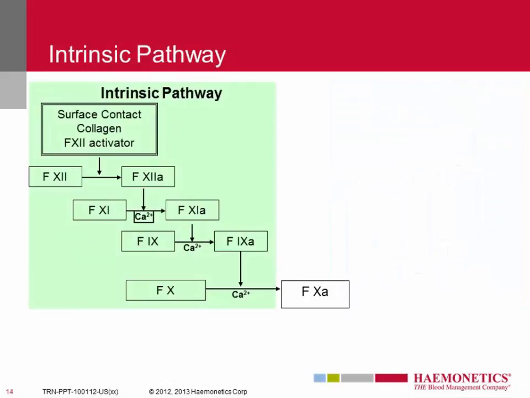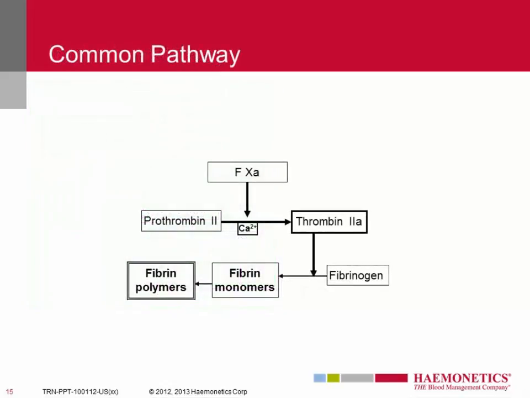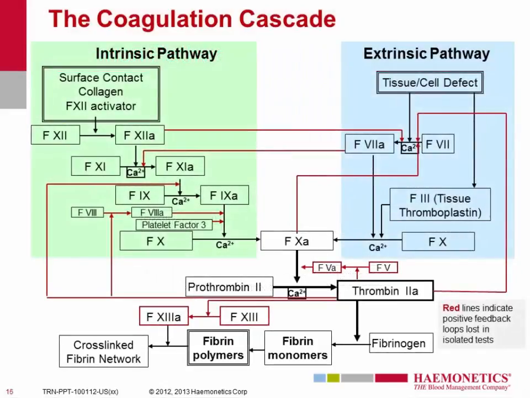This is a longer pathway, and again, it concludes down in the common pathway where factor 10A is produced. And then after the common pathway, we go into prothrombin in the presence of factor 10A and calcium. Thrombin, or 2A, is produced, which cleaves fibrinogen into fibrin monomers and fibrin polymers, but also activates the platelets. And that's very important. It activates the platelets on the PAR1 receptor, and the PAR1 receptor